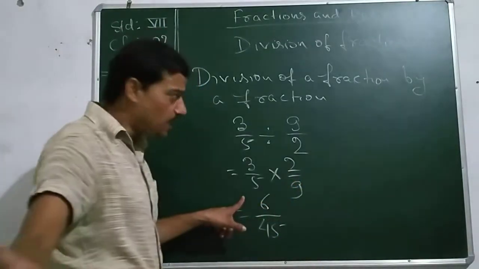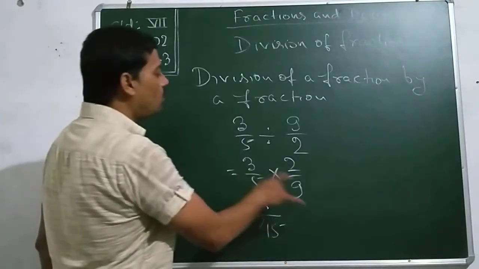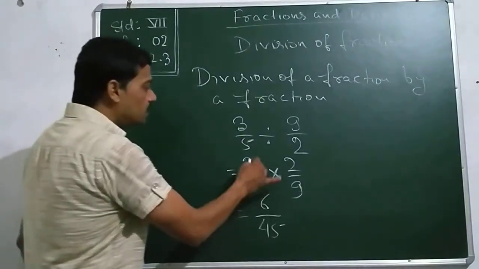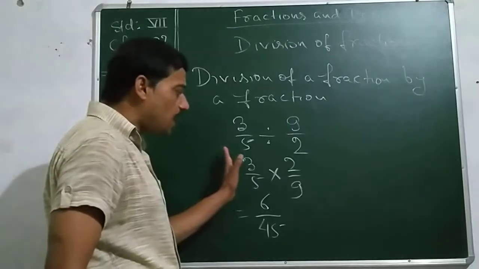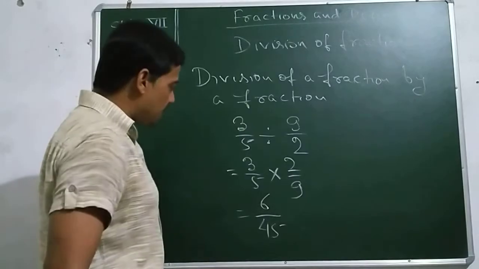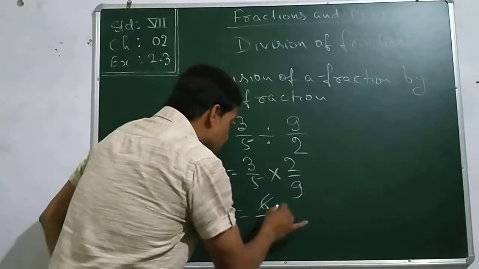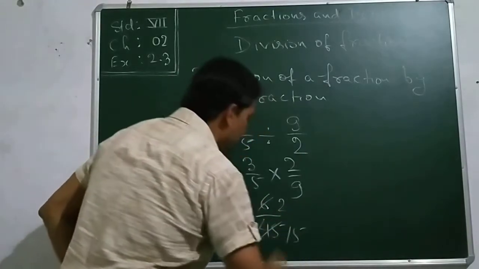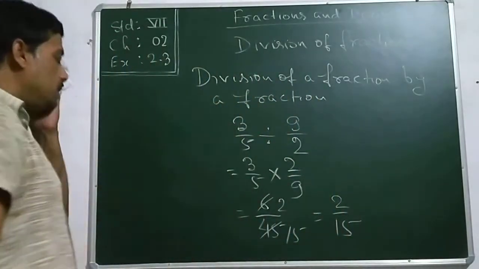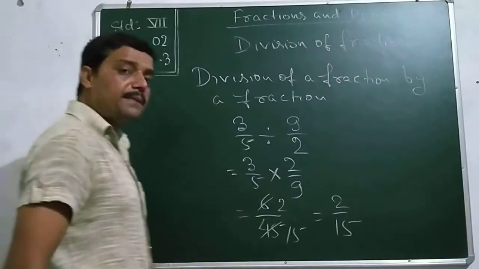See, one more thing I would like to advise you. Whenever we come up to this step, we can go for reducing to the terms which are divisible. Say 3 1s are 3, 3 3s are 9. You could have reduced it to the lowest terms, both of the numbers. As we had not done that, we will go for this here. 3 2s are 6, 3 15s are 45, and the result will be 2 by 15. In this way you will solve the division of a fraction by a fraction.